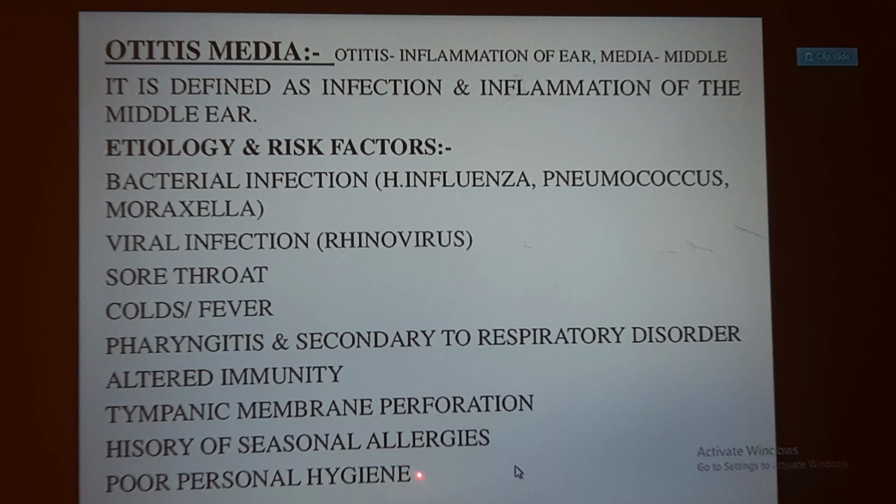Wax is actually a barrier which helps to protect your ear. It will not let any dust, big infection, or any viruses enter inside your ear. What the wax does is protect you. That wax is a fluid content in a sticky form, so it will grab all these dirt particles and stop them from entering your body.